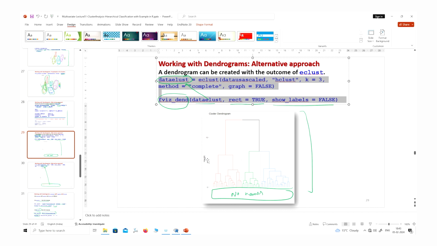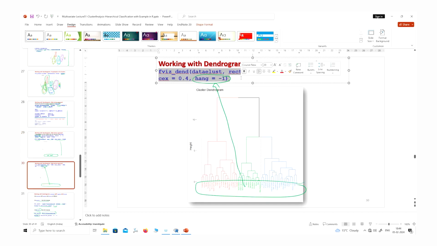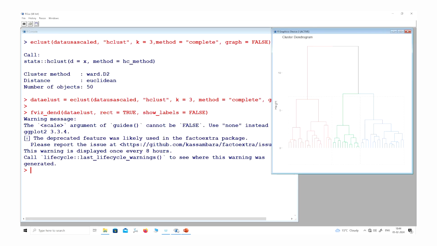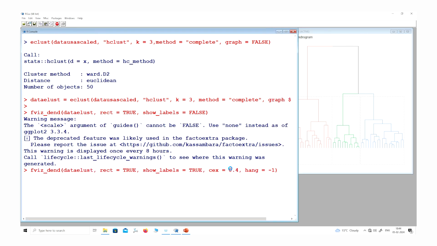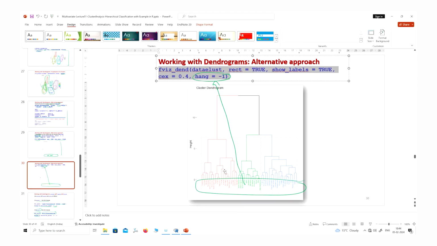Similarly, if I make hang equal to -1, you can see there are no names, but there is a blank space where I'm moving my cursor. But if I use this command, you can see that these names have appeared here. Right, so this is what I was trying to explain to you.